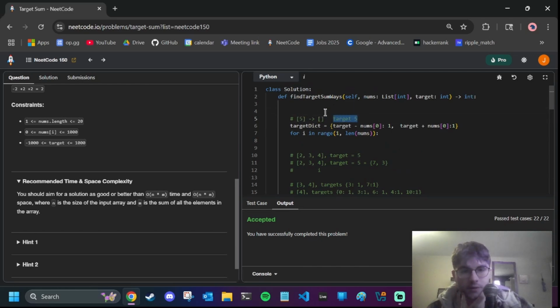So my question is, do we add the target to the dictionary? So we definitely don't do this. Do we add the target to the dictionary immediately? And I don't think so. I don't think so. We add 7 and 3. What if we also had 2 in here? Would that make any sense? So that means